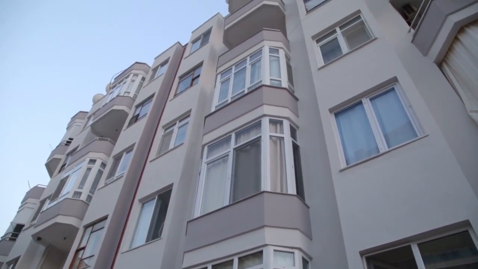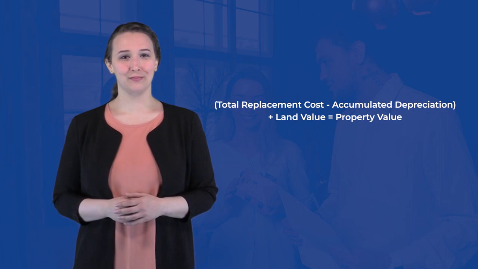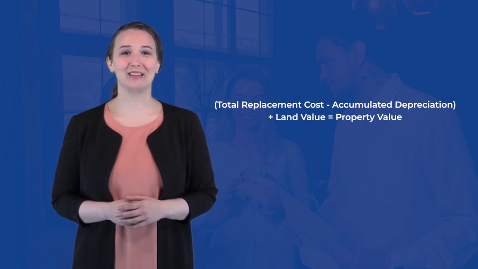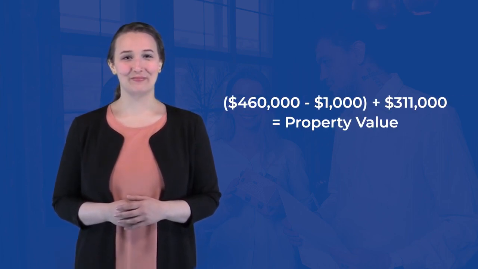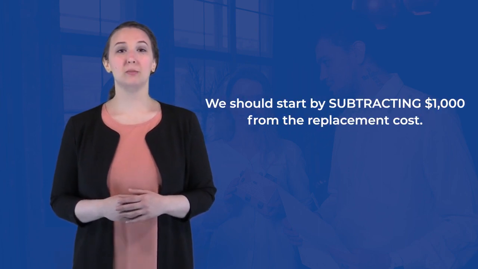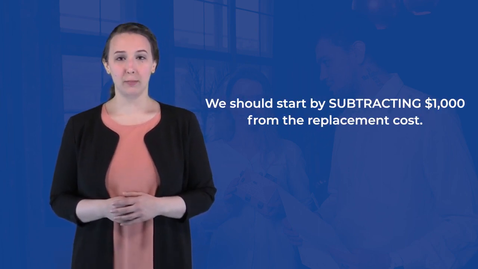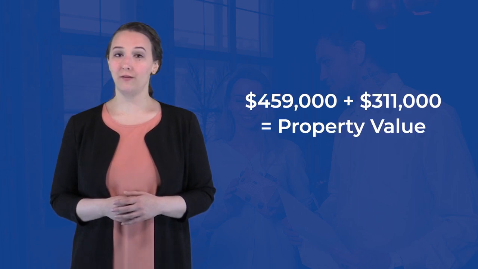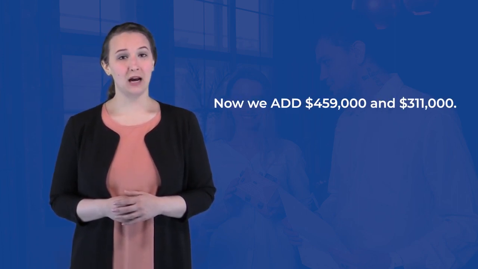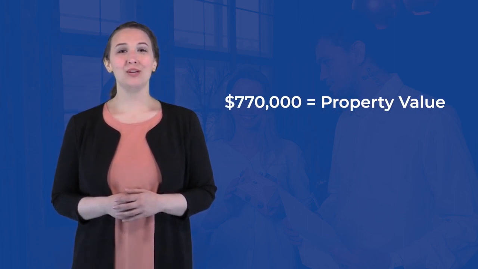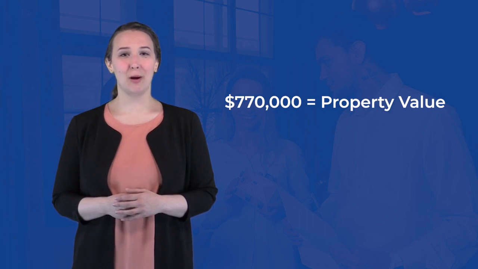We'll be using the cost approach formula. With the values inserted, it looks like this. We should start by subtracting $1,000 from the replacement cost. This leaves the following. Now we add $459,000 and $311,000. With this total, the value of the property should be